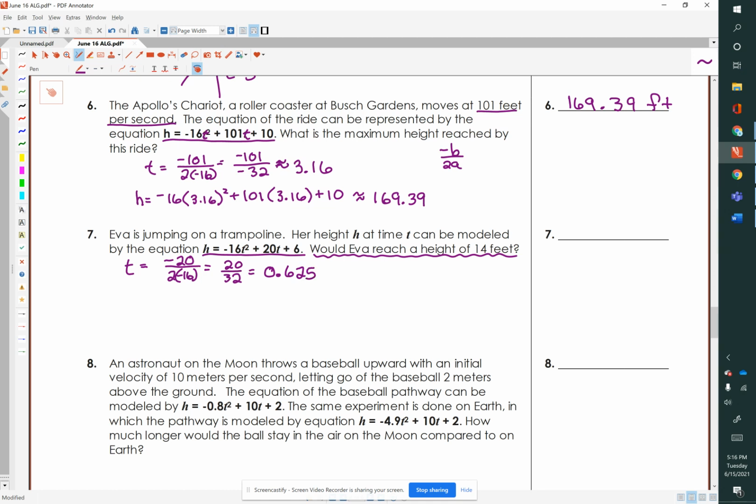Let's substitute that into our equation. h equals negative 16 times 0.625 squared plus 20 times 0.625 plus 6. And when we evaluate that, it equals 12.25. So 12.25 feet is the maximum height